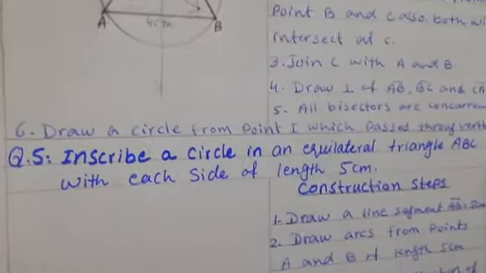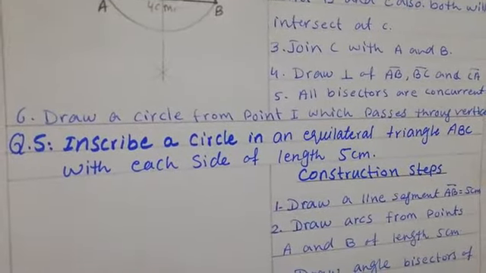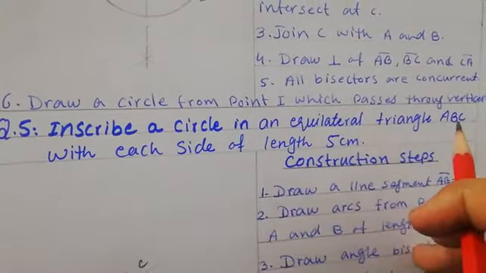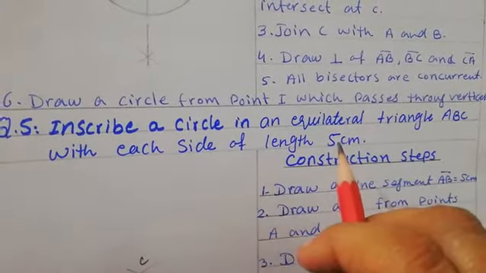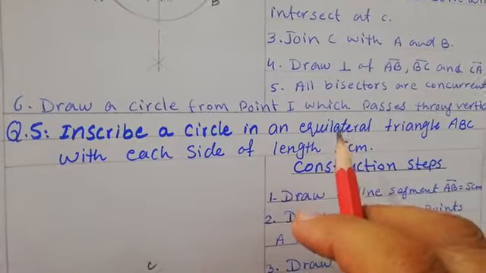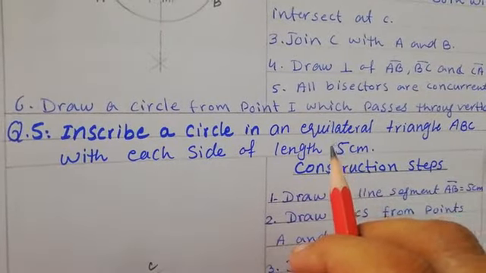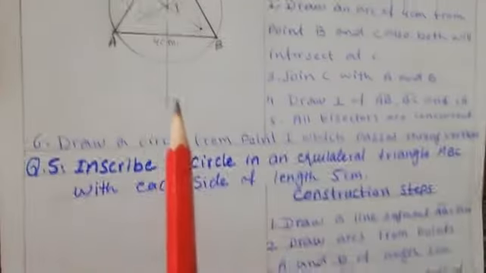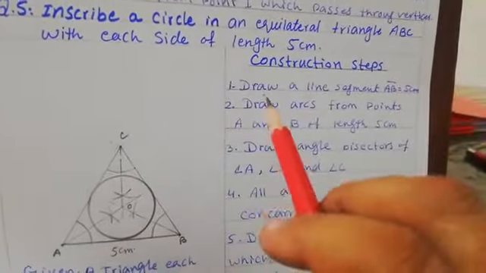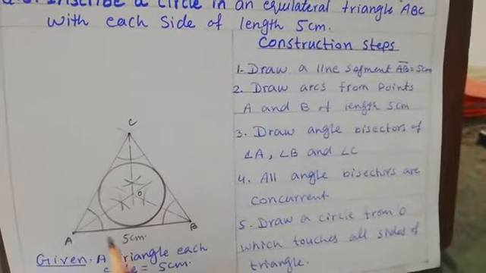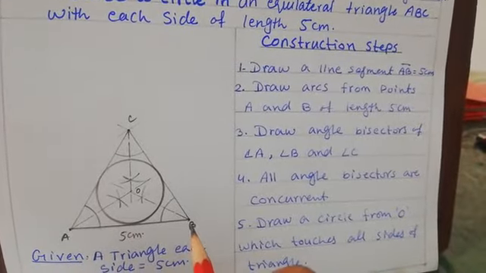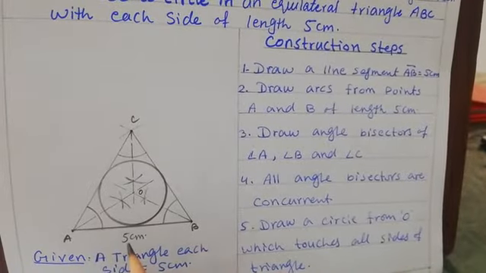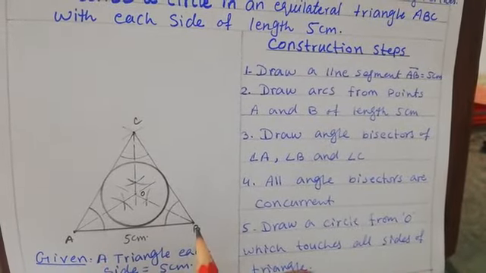And now we will move to question number 5, which is to inscribe a circle, also known as an incircle, in an equilateral triangle ABC with each side of length 5 cm. Again, dear students, we have an equilateral triangle, but its length is given as 5 cm. In our previous question, the length was 4. Now the length is 5. First of all, we will draw the triangle like the previous method. Means first we will draw line segment AB of 5 cm, and then we will open your compass at a 5